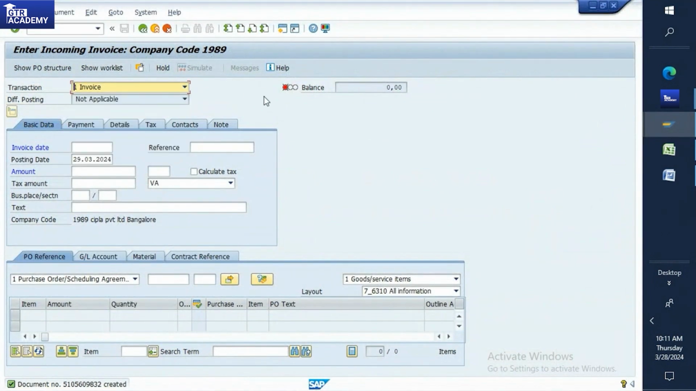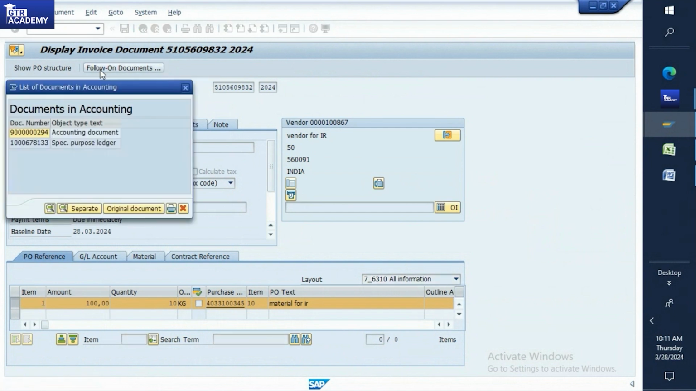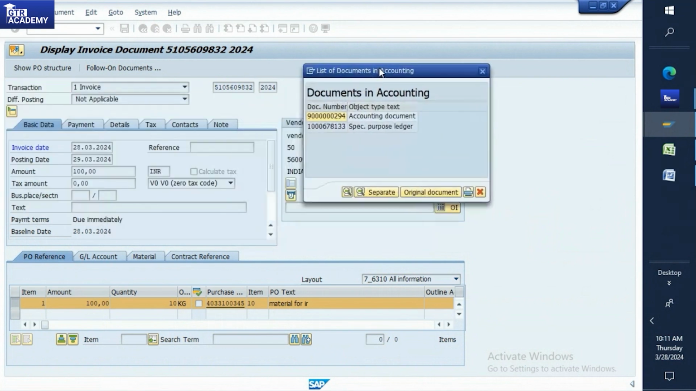Okay, so what do I have to do? I have to do the display one. Go to your invoice document on the above side. Go to display. You will be getting this screen. Once you get this screen, you can see the follow-on documents, right? Just click on it. Again, you are getting the